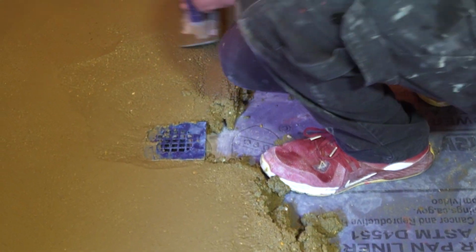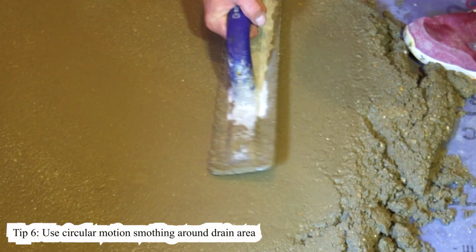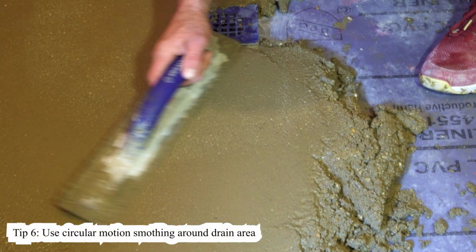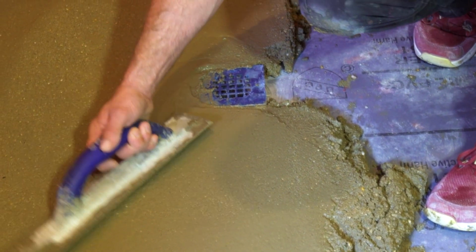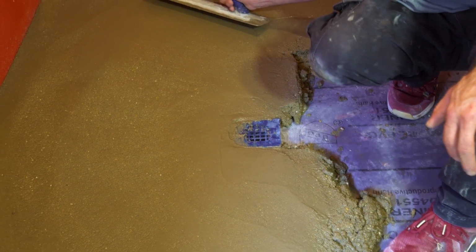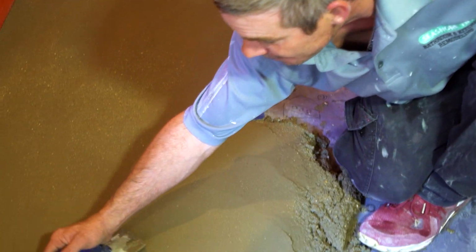As you can see, I'm making circular motions, like a circle around the drain, for water to go down into it. Nothing drastic, from different angles. Remember, the drain is the lowest point. You want to have a consistent slope from the wall, from all the